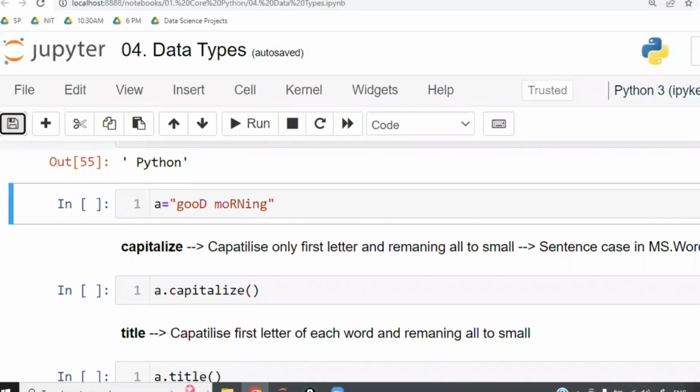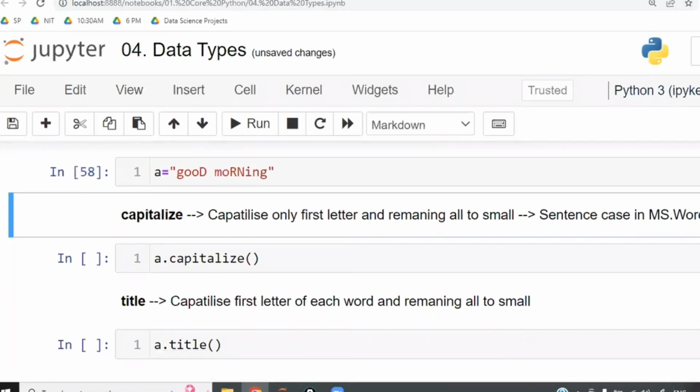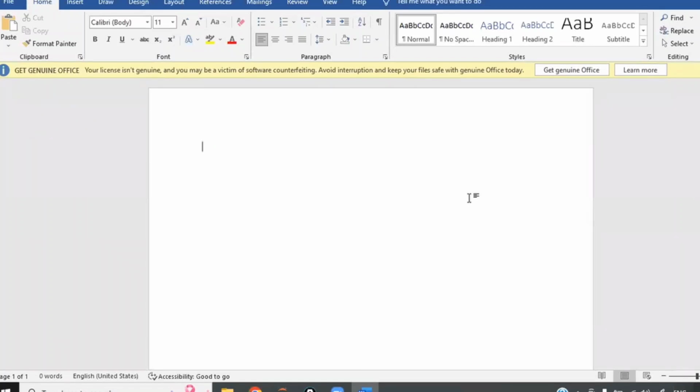Small g over caps lock D space morning. You are having it like this. This is the complete word. A dot capitalize. Capitalize is called a method or an attribute. Whenever you use capitalize, it will automatically capitalize the first letter and convert all the remaining letters to small. So only the first letter is taken as caps lock and everything else is converted to small letters. Right? Now here, Shiva, small letters Shiva,